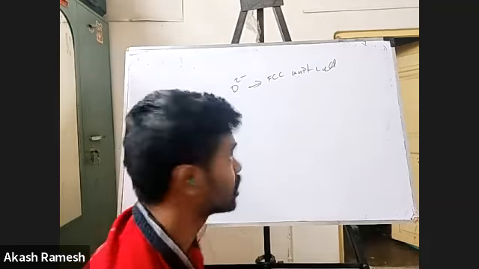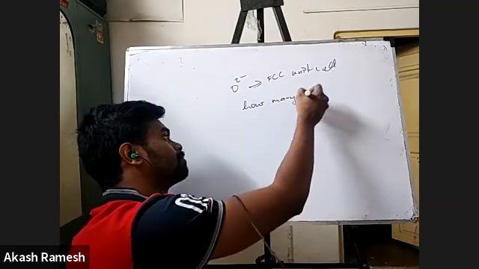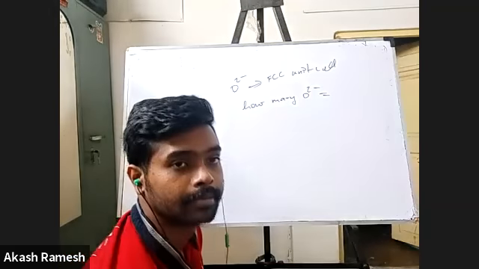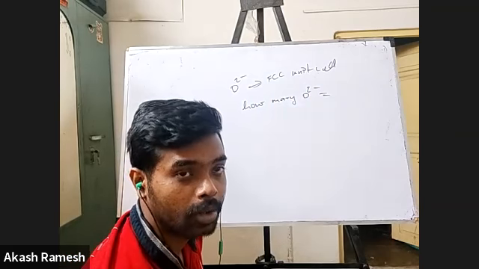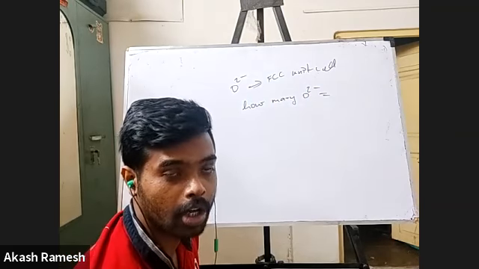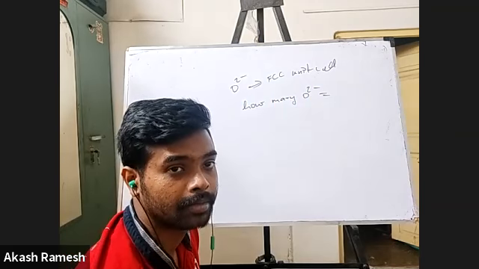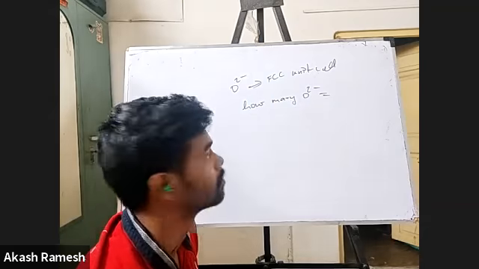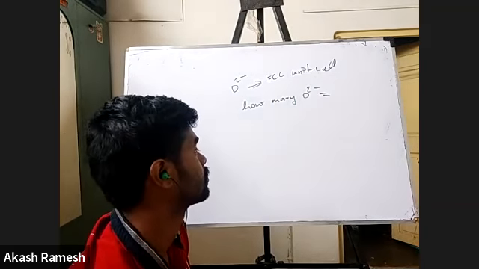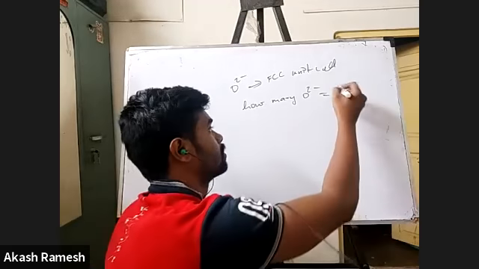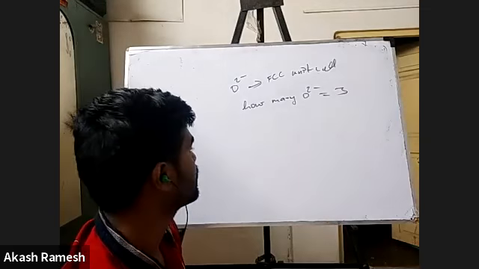So if that's the case, how many O2 minus will be there? Tell me. I'm telling you, in FCC, all the lattice points are occupied by oxygen. How many oxygen atoms? 3. Yes, 3. Okay. Right. Now, next thing is,